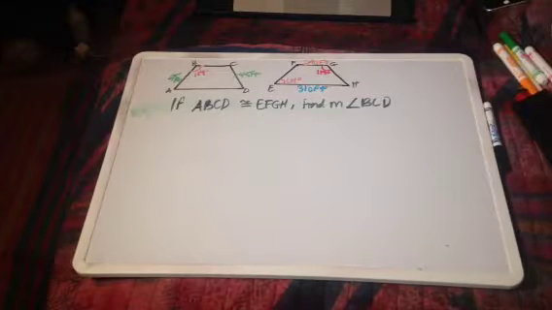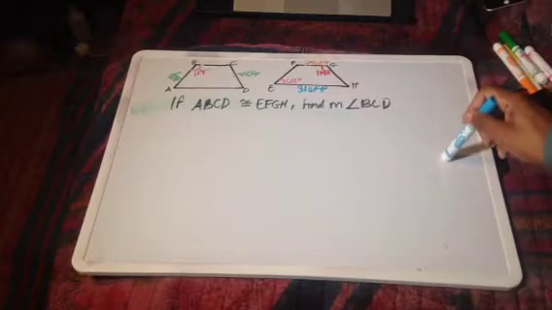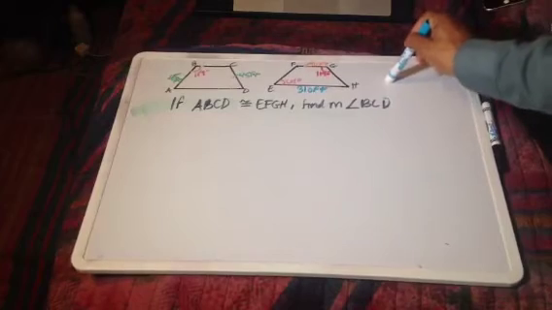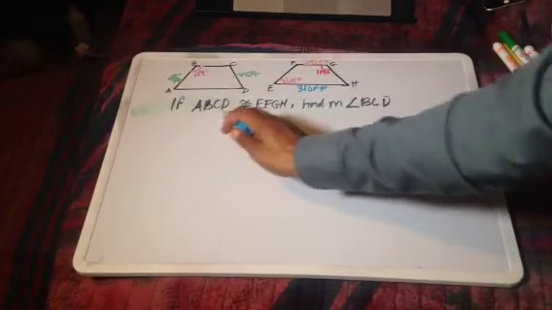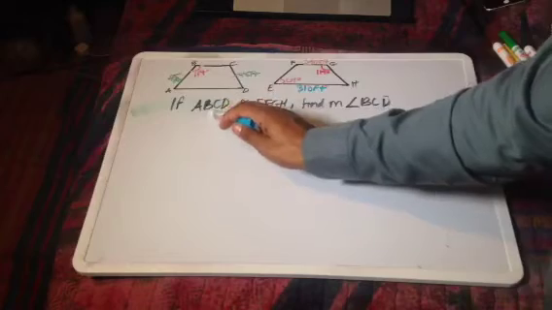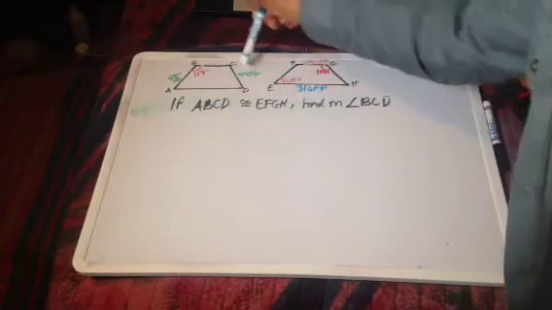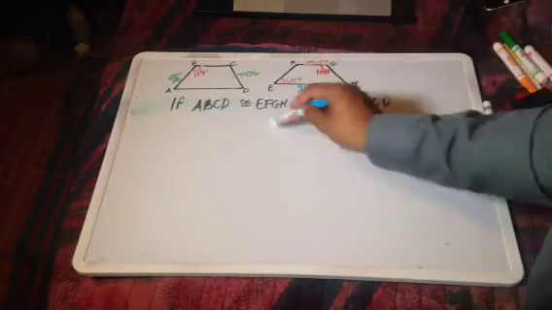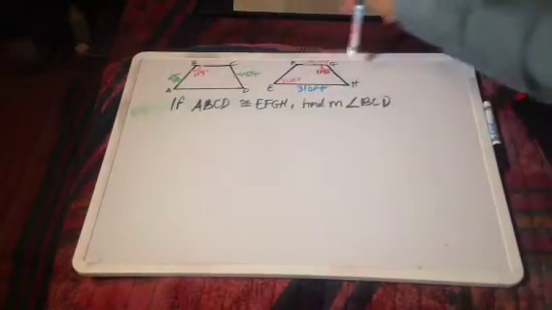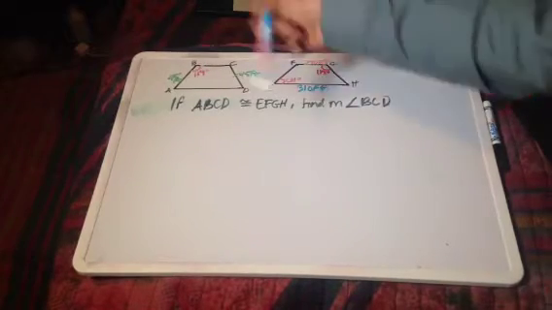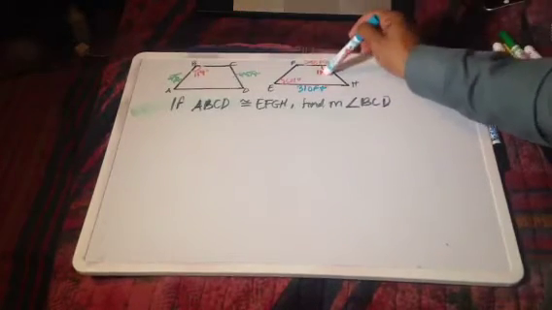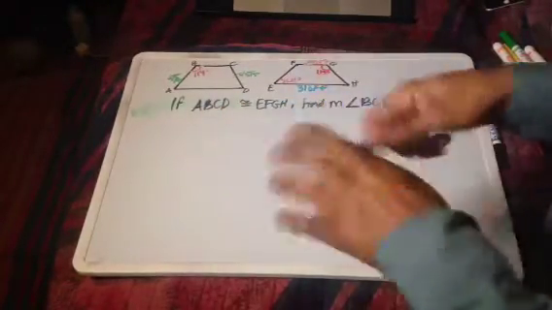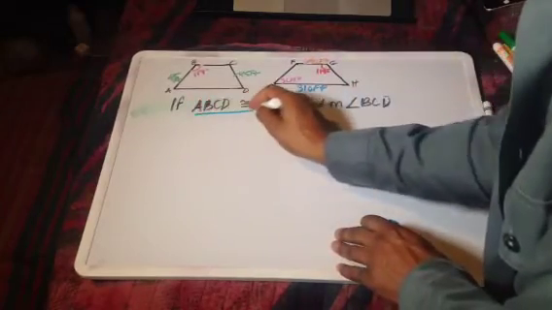Okay, guys. In this particular problem, we have what is known as two trapezoids. Based on this congruence statement, it tells us that ABCD is congruent to EFGH. So we already know that certain components, such as sides and angles of both of these trapezoids, are equal to one another, just based solely off of